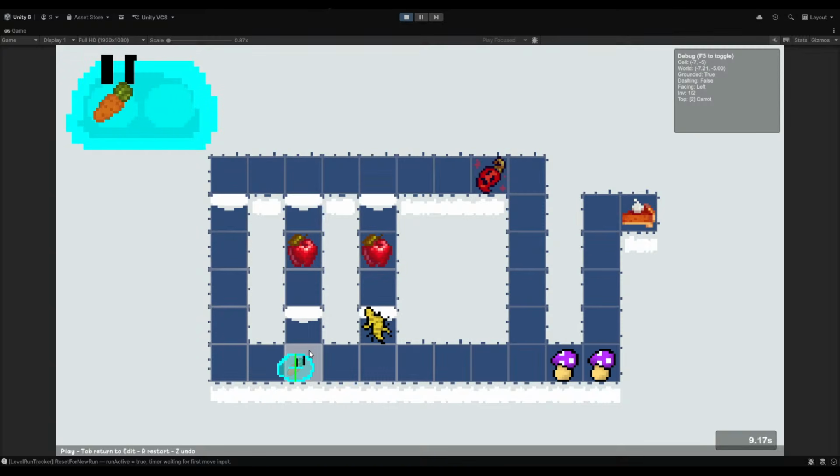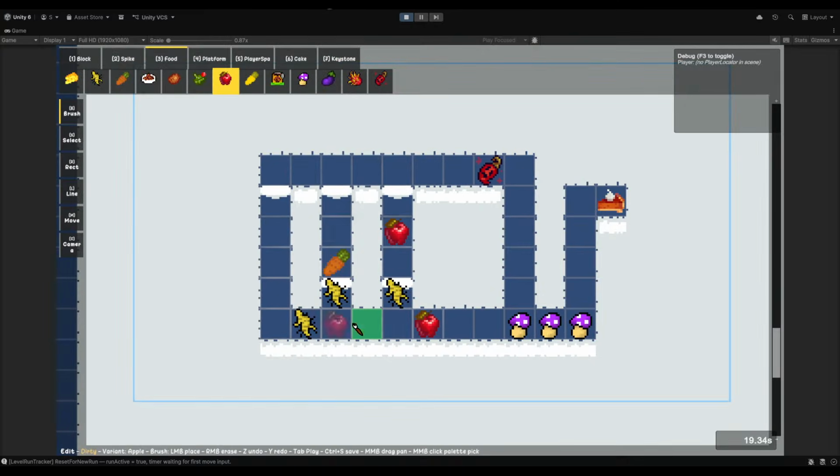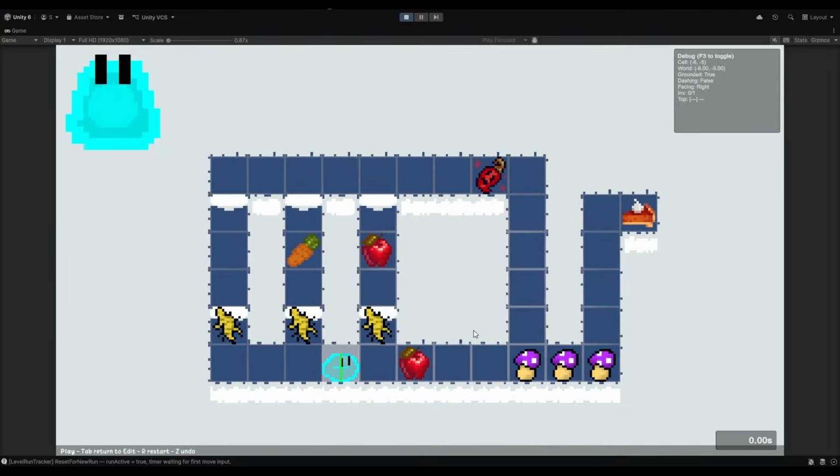Oh, interesting. We have to eat the apple. Oh, there we go. Okay, you know what? I think that is fine for a level. It's a lot simpler than I thought, though. This is beatable, right? So, they get an apple. Can I just win straight forward? No, I can't go there.